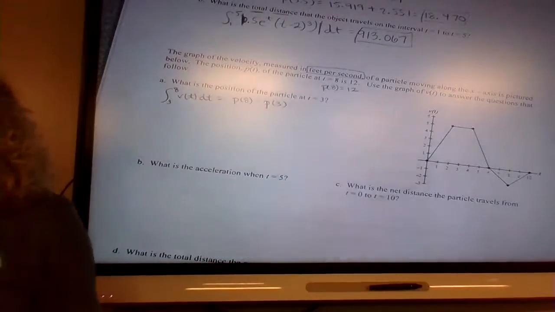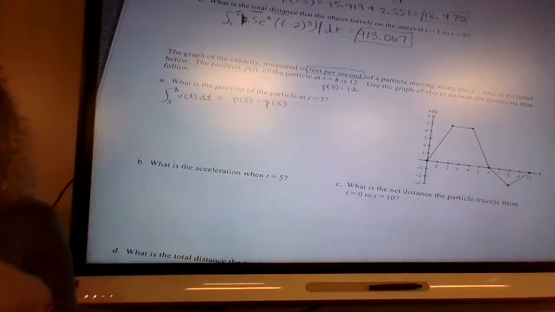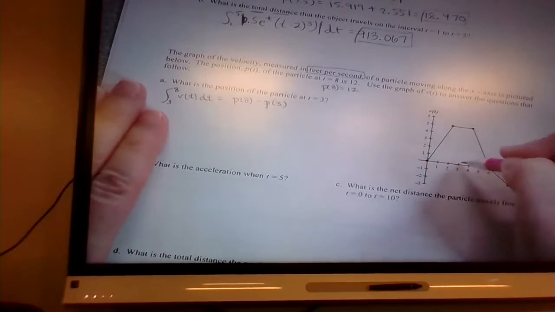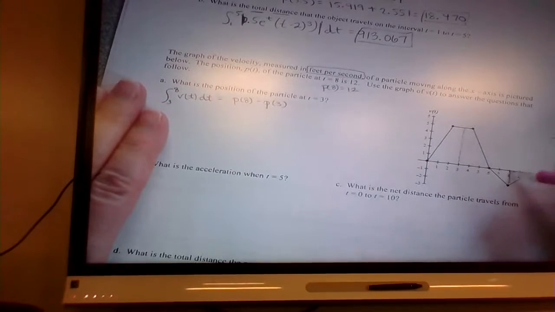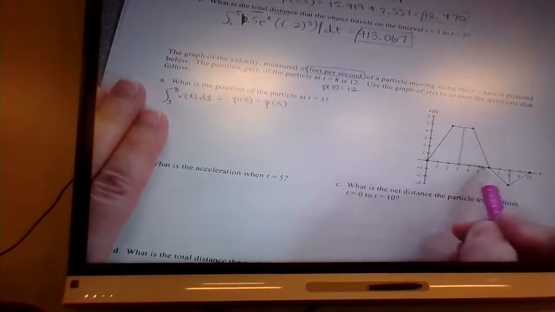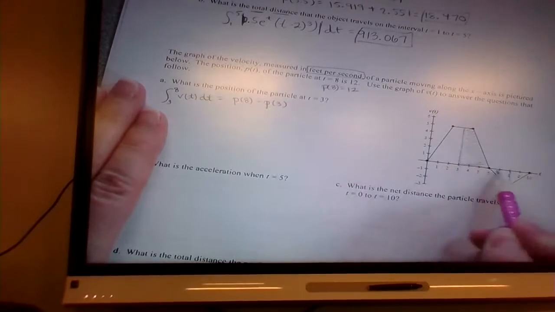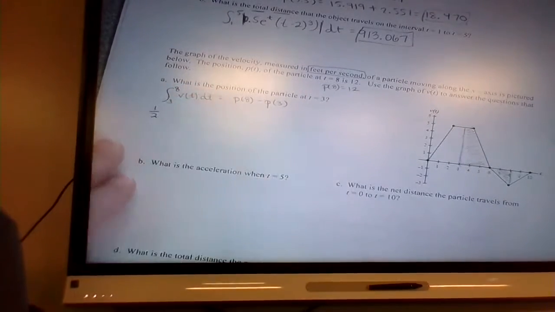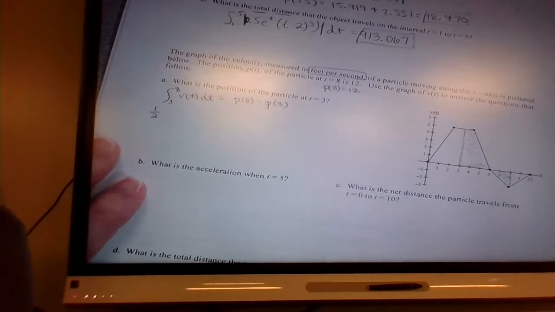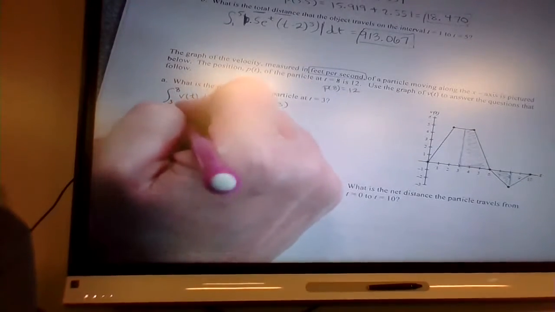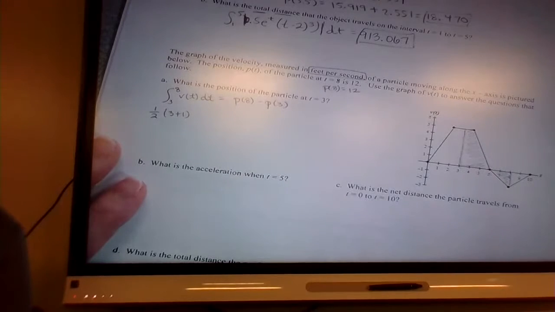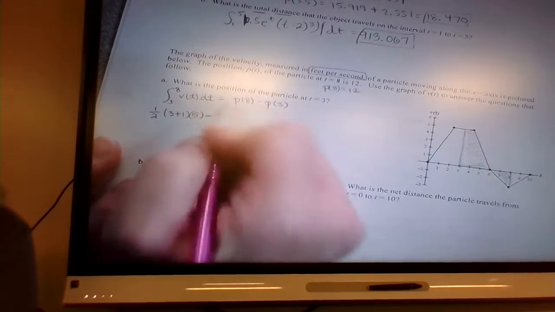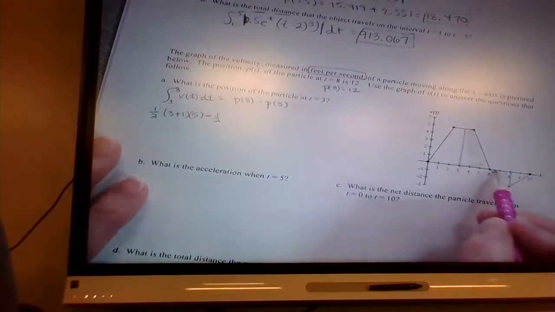So I don't have an equation here, but I have a graph, which means I have to go back and start finding area. So from 3 to 8, this trapezoid right here and this triangle right here. So that's going to be 1/2 base 1, which is 3, plus base 2 times the height. And the height is 5, minus 1/2 2 by 2